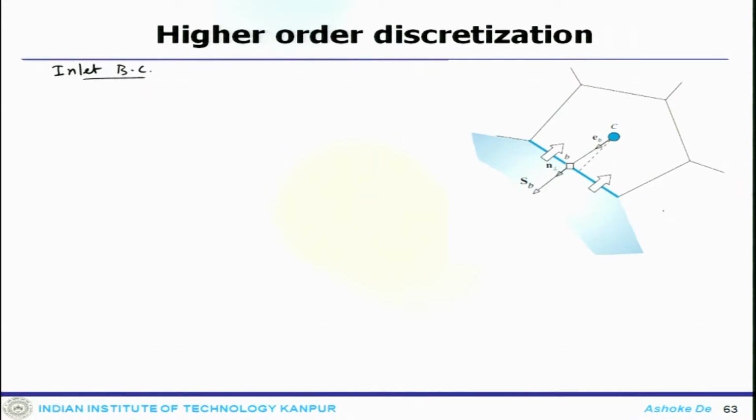So, this is for convection flux. That is the boundary phase, and the inlet through this phase goes in this direction. The normal is this direction, this is the surface vector, and the connection between C and B is this line